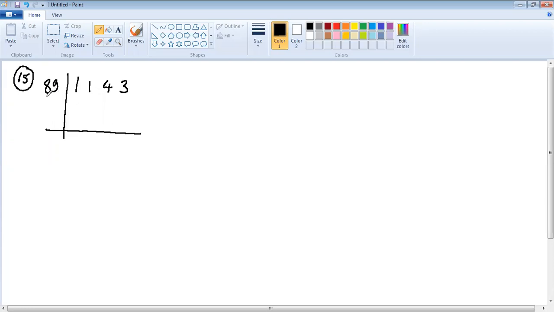Then find what is the base. 89. Base is 100. 89 is quite near to 100. 100 has got 2 zeros, so 2 digits for remainder. Next, find difference. To find difference, you can just use all from 9, last from 10. 9 minus 8 is 1. Last from 10. 10 minus 9 is 1. Next, take first digit down as it is. And then multiply like this. 11 into 1 is 11. You have to put digit by digit.